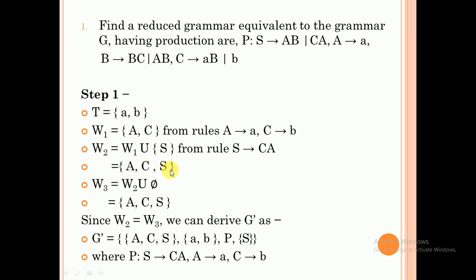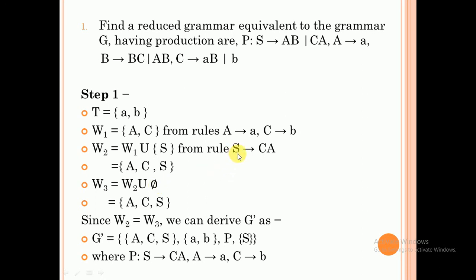Again, you need to follow the same procedure. You need to check again only A, only C, only S, or a combination of A, C, CS, AS, or a triplet of 3. Because you are constructing W3, you can check a maximum of triplets. Because I don't have any production which yields 3 variables on the right hand side, that is the reason I have written the same set over here. You will stop this process the moment you get W3 equal to W2, or W4 equal to W3. Then you need to write those productions which will help you.